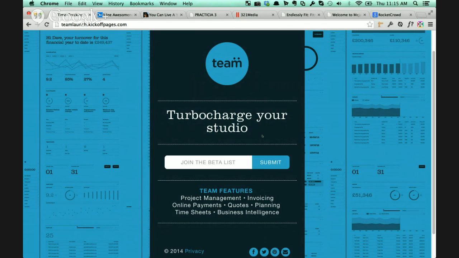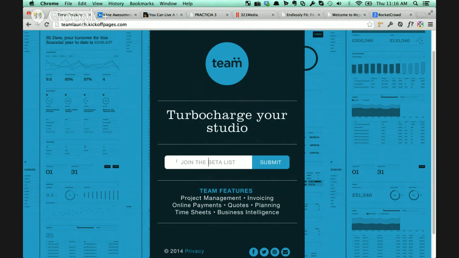I can't quite figure out what you mean by studio. Is this for design studios or development studios? But I think if you made that a little clearer in either an extra word or two here or a sub-headline, I don't think it takes away from the page, and I actually think it'll entice people more, because it'll feel like, oh, it really is for me, versus not for me. And then the last thing,